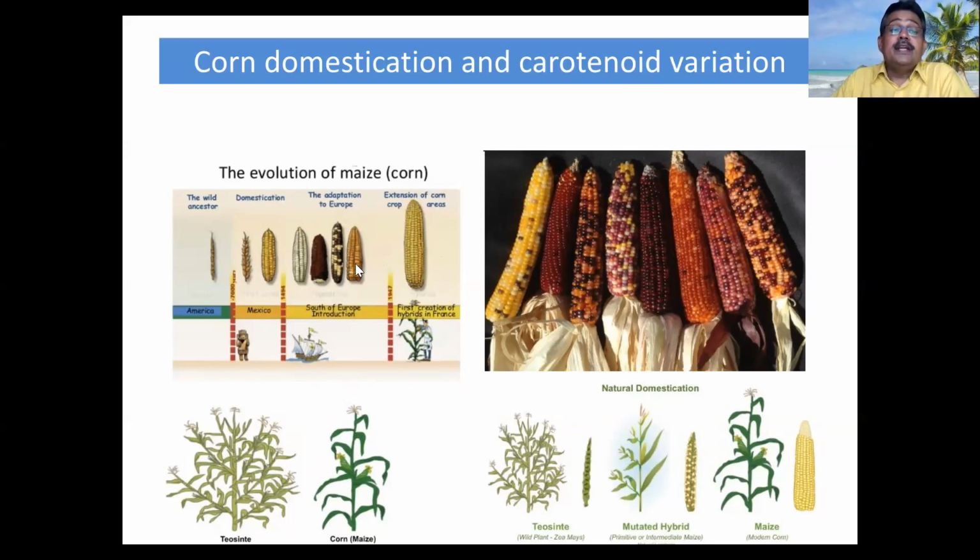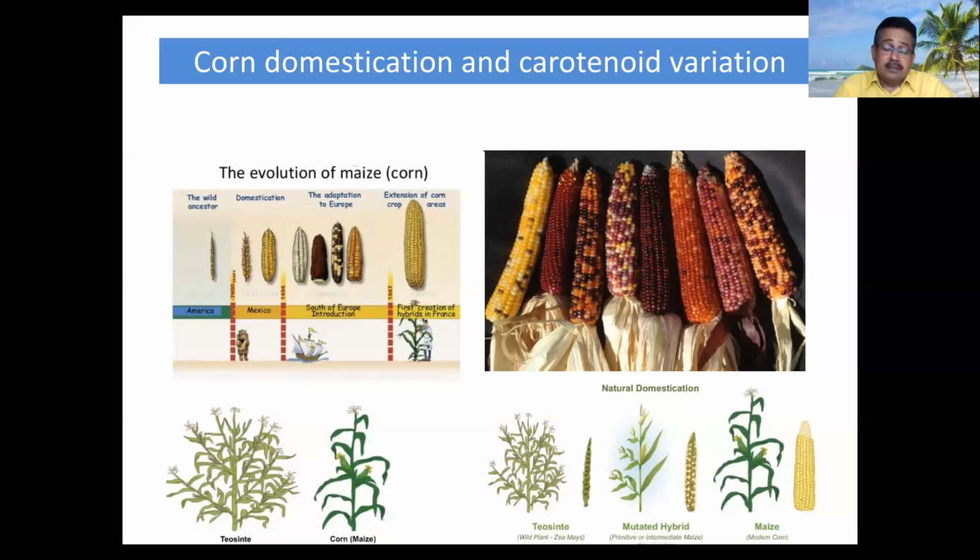What happened during that? There are many traits. We always look for yield and some of the traits which the consumer wants. So people lost some of the natural variation which is present in maize. It did not happen in one day; it happened over more than 5,000 to 6,000 years of changes. Now the present-day maize lacks beta carotene. Especially in Africa, they mostly use white maize. In other parts of the world, people mostly use yellow maize, and white maize has no carotenoid available. Even yellow maize has a certain amount of carotenoid, but during domestication we lost.